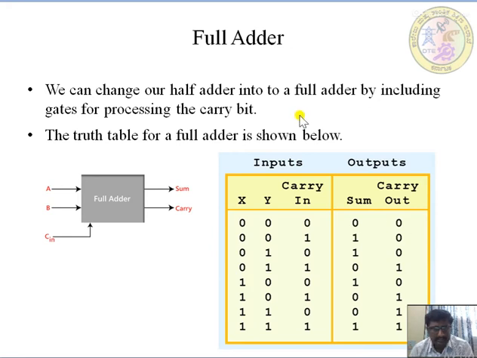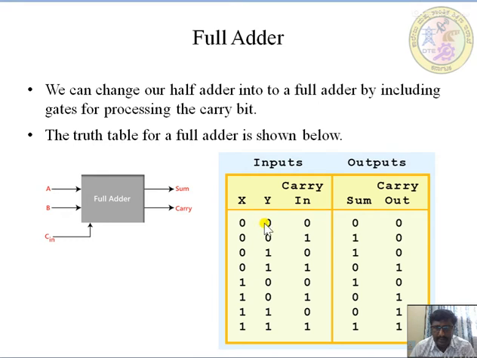Okay, next, full adder. It is same as your half adder. Only thing is what? Full adder will be having three inputs. A and B are the normal inputs, and C in, that is the carry in, is the third input, and it is always having the same as your half adder, two outputs, sum and carry. Okay, now we'll just go through the truth table of a full adder. As we are having three inputs, okay, the number of combinations will be how much? 2 raised to 3, that is 8 combinations from 0 to 7.